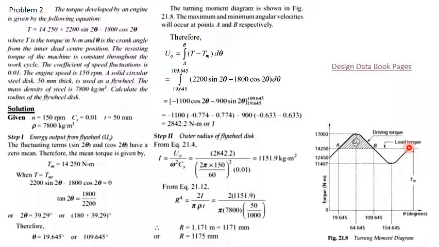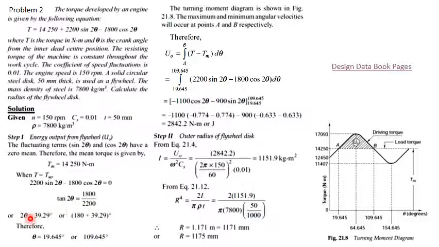and again it increases. So when the mean torque becomes equal to the driving torque, in that case the mean torque will come across the driving torque. At this case T will be equal to Tm. Therefore when T equals Tm, this value of the equation has to become 0. So putting the value, that is 2200 sin 2 theta minus 1800 cos 2 theta equal to 0, we get